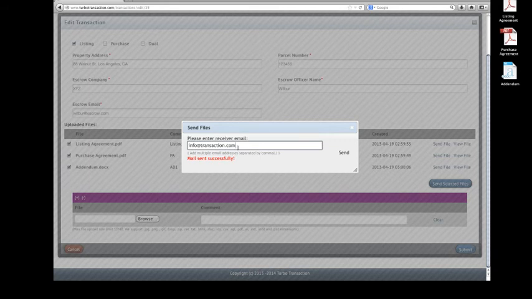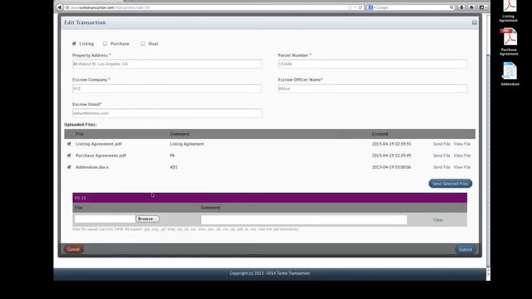You'll see the email address that I used before automatically populated, but you can get rid of that and put in whichever email address you like, or multiple email addresses. You separate them by a comma, and then what we'll do is we will put in a few different email addresses here, and then click Send, and you'll see that Mail Sent Successfully will pop up again, and that's our confirmation. And all of these were sent to